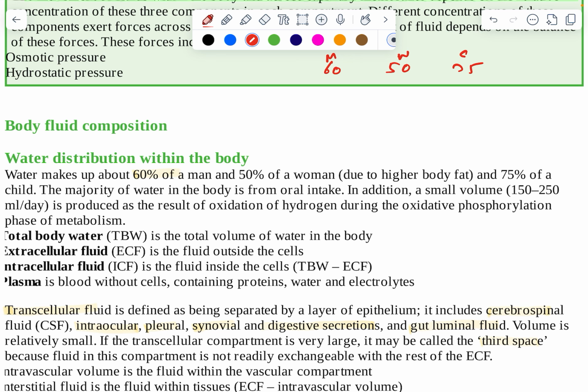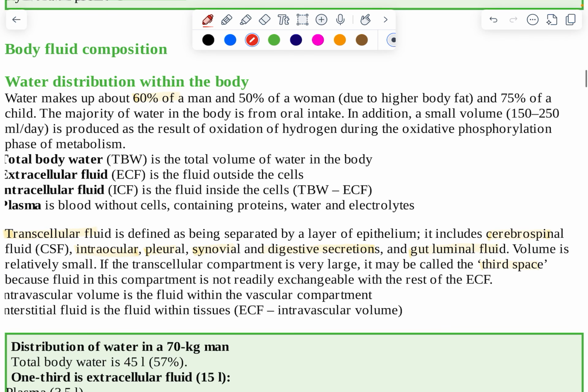Total body water is the total volume of water. Extracellular fluid is outside the cells, intracellular fluid is inside the cells. Total body water minus extracellular fluid is intracellular fluid. Plasma is blood without cells